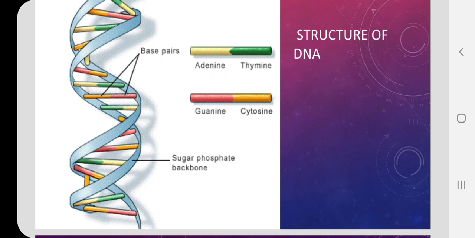That is why the internal diameter of the helix remains constant, as both fit together and there is no space left. If two pyrimidines pair, then there will be enough space left in the helix, and if two purines pair, they will not be able to pair properly because of the difference in size. Purines are double ring structures and pyrimidines are single ring structures. So if purine pairs with pyrimidine, they fit in the 20 angstrom diameter of the double helical structure of DNA.